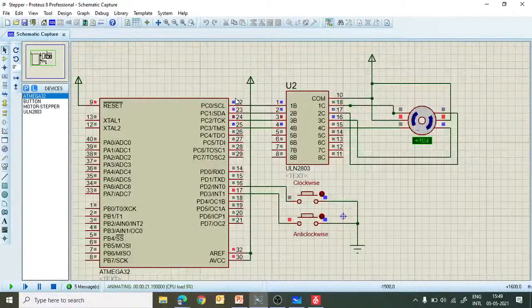So this sequence is being transferred. As and when I press this other switch, you will find that the sequence will change. The motor will change direction and the sequence will also change. Now the sequence is reversed. It is from PC3, PC2, PC1, PC0 and so on, right? So this is how you can write interrupt programming in which interrupt 0 is used to rotate the motor in a clockwise direction, and interrupt 1 is used to rotate the motor in an anti-clockwise direction.